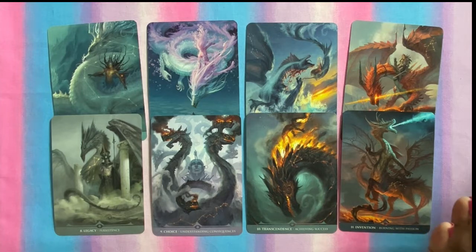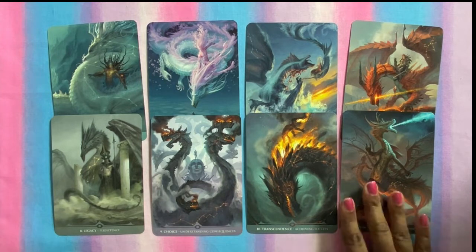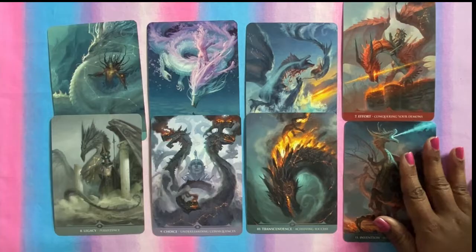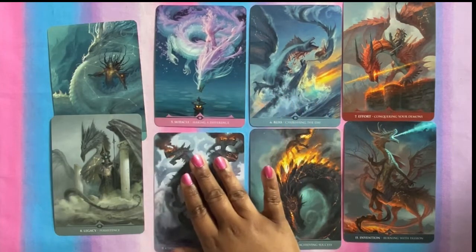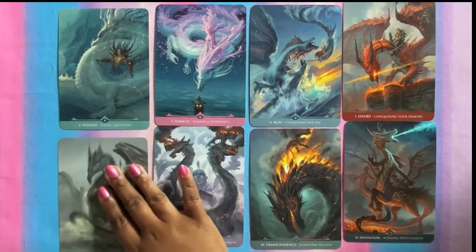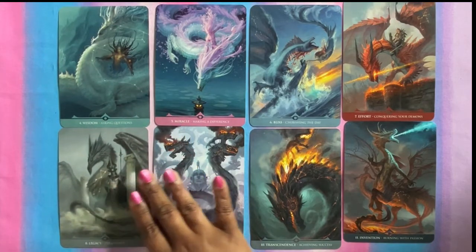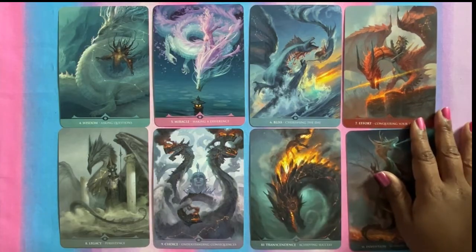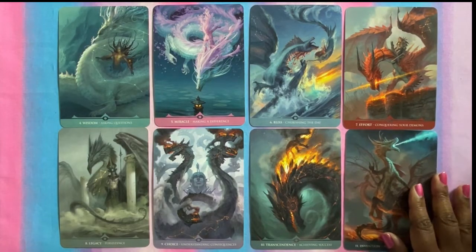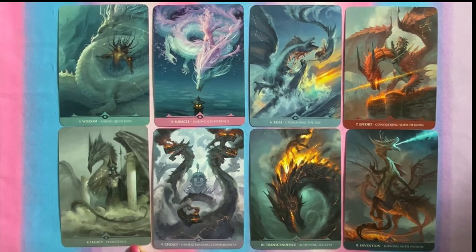It just feels so potent, especially, look at them laid out like this. Look at all the dragons. I love them. And they come with keywords like wisdom, asking questions, miracle, making a difference, bliss, cherishing the day, effort, conquering your demons, legacy, persistence, choice, understanding consequences, transcendence, achieving success, invention, burning with passion,